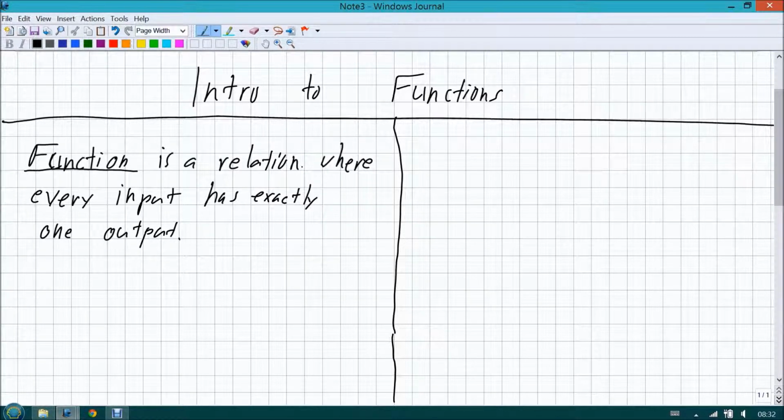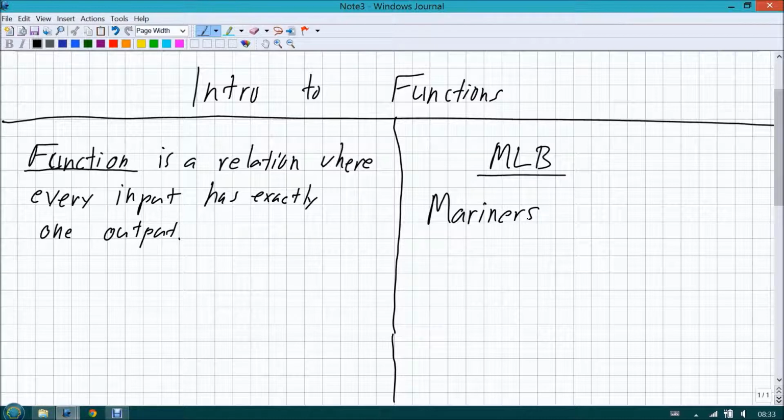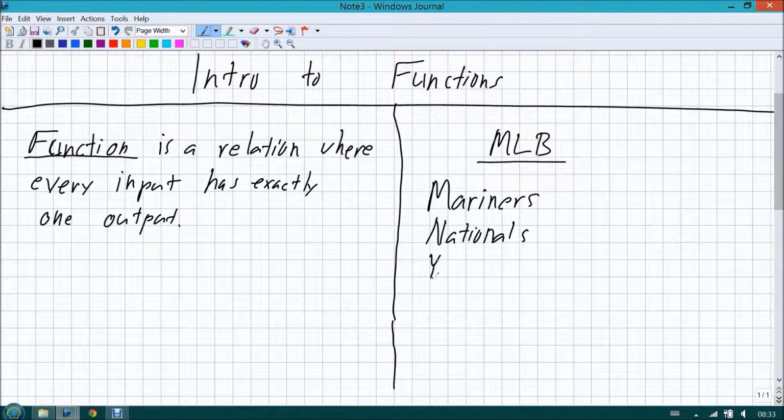A really great example is Major League Baseball. Because, hey, let's face it, I love Major League Baseball. Watch it all the time. And in Major League Baseball, we have teams such as the awesome Mariners, who have never gone to the World Series, and the equally awesome Washington Nationals, who also have never gone to a World Series. And then you have teams that have been to the World Series too many times, like the Yankees